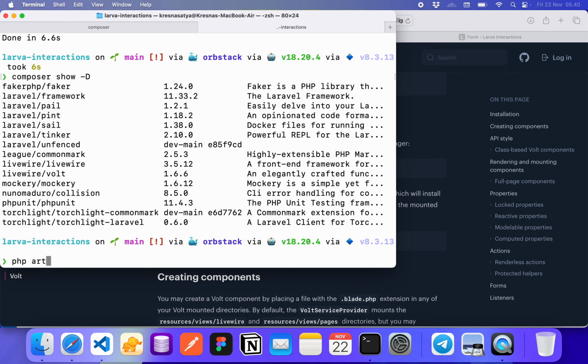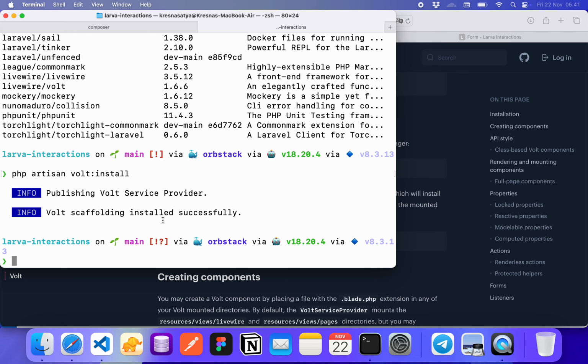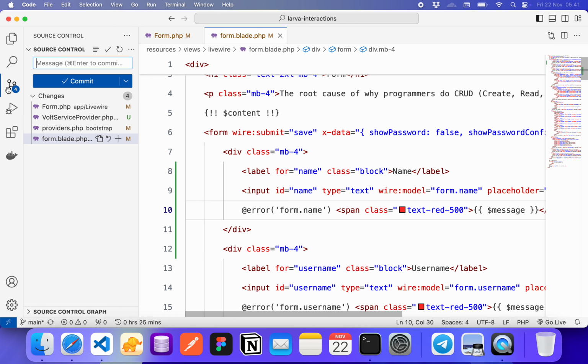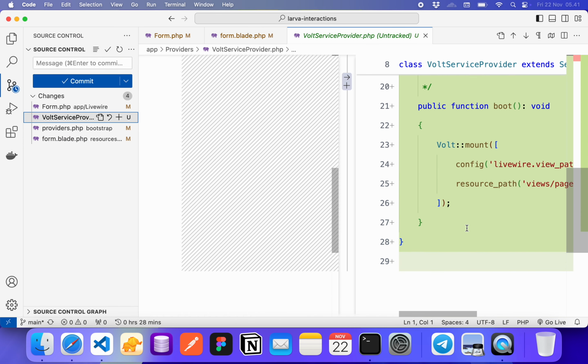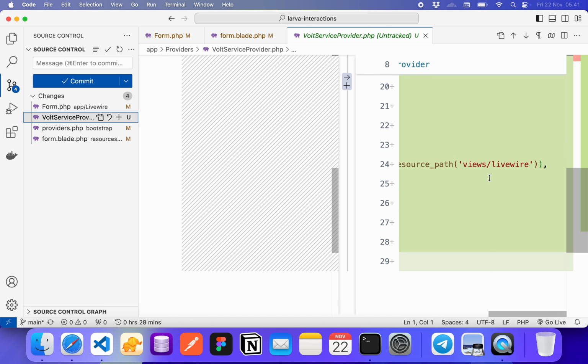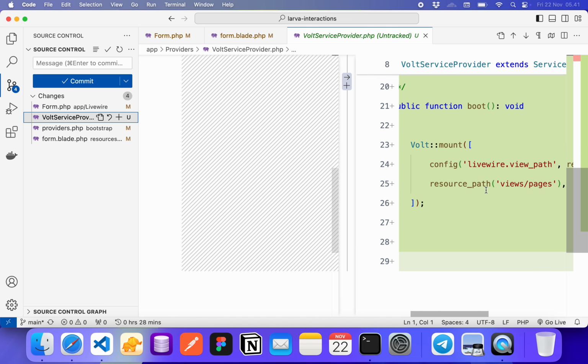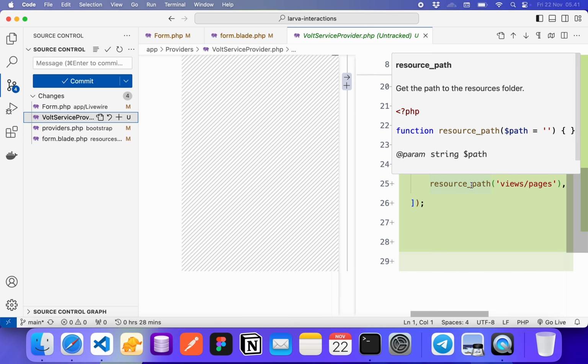Let's set it up with artisan fold:install. Okay, now I can see there's a fold service provider here, where the boot will use Livewire, and then the resource path in views pages, if you want to use Laravel Folio.